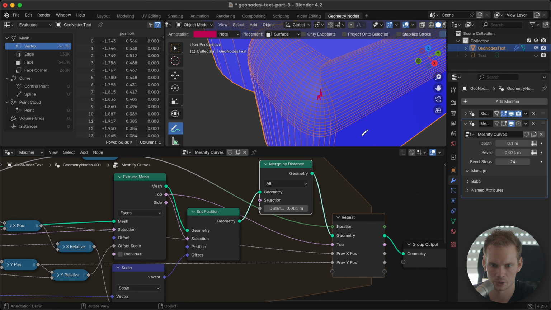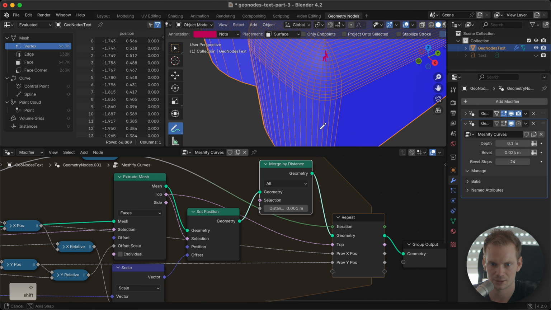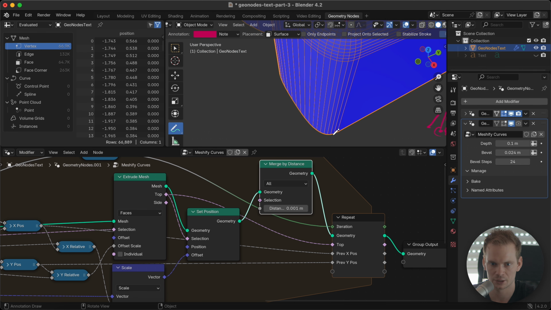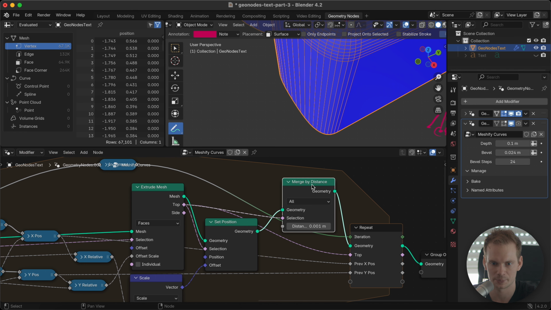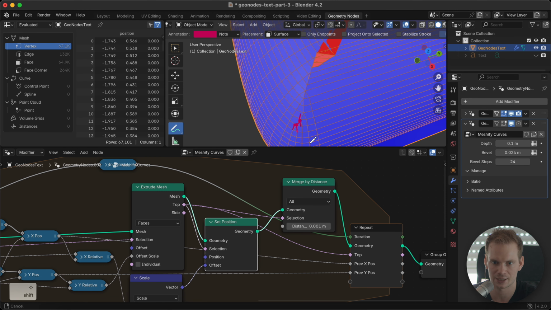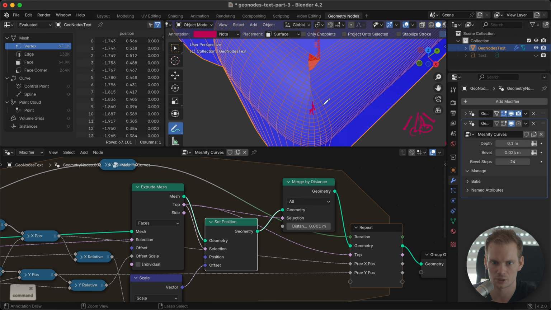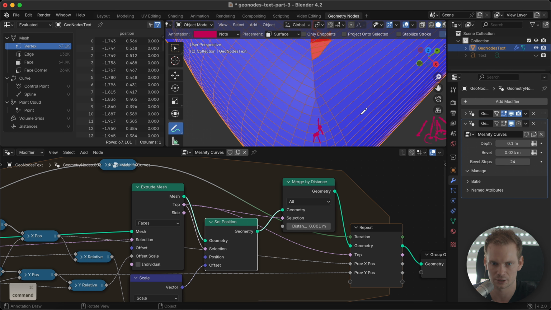And one other thing I want to do, in order to prevent merging anything else that's going on here, is that you can merge only a selection. Let's only look at the top. This also speeds up the merge node quite a lot, because we're doing this merge a lot of times, right? We're merging this 24 times. So instead of merging everything that is the geometry, we just want to look at the top layer, because that is the most relevant, and that still merges our vertices together here.